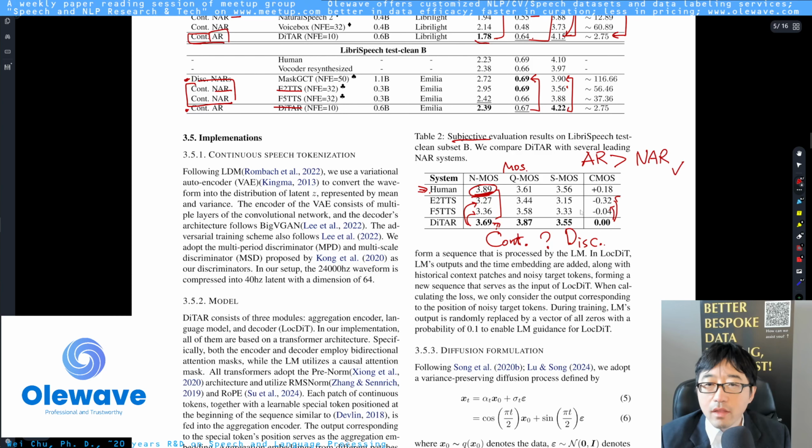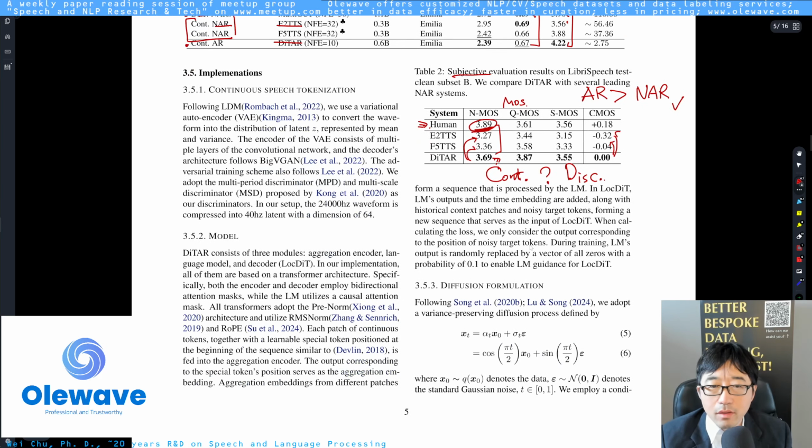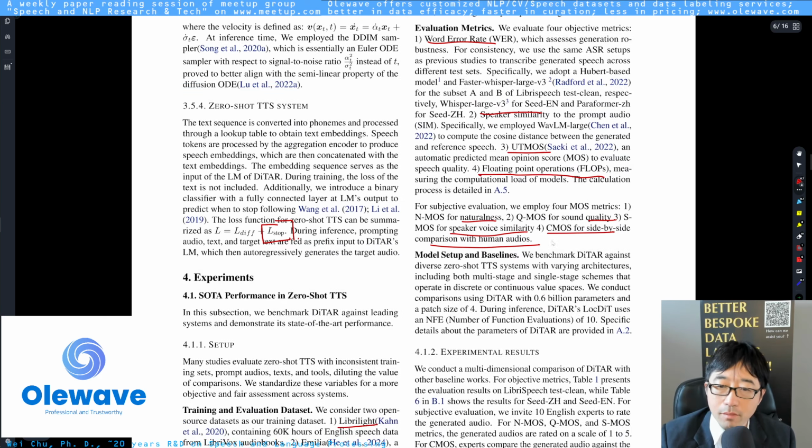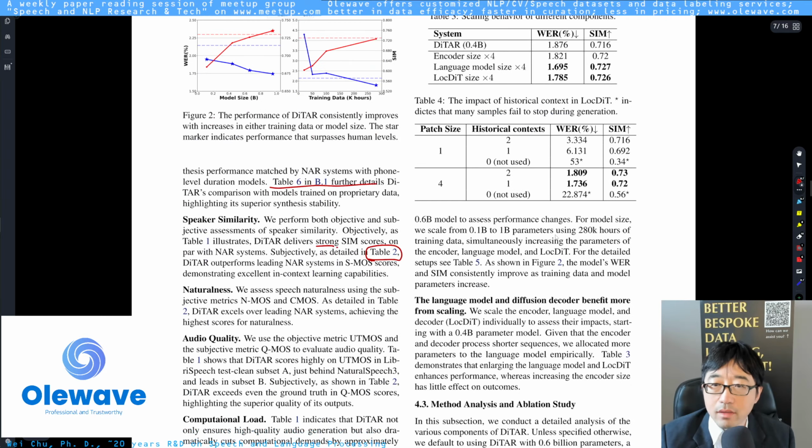So I do think they need to have more rows, especially the discretized and then NAR. It's probably because even if the NAR is not doing well compared to AR, when it is integrated with discretized speech token, it will work better than the continuous autoregressive modeling. But the authors didn't have that analysis about this. I'm expecting to see them have more analysis on these things.